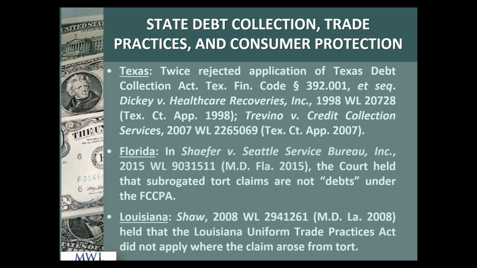In the subrogation industry, these states actually remain great. So in Texas, they have 2 decisions on this. In both of them, they looked at the exact same reasoning as in Hawthorne, and they said, no, we think this arose out of a tort. So we're not going to apply our own Debt Collection Practices Act. And if you look through those cases, I believe one of them or both of them were against tortfeasors. They actually went beyond Hawthorne's reasoning and said, even though this is not a claim against a third party, this still arose from a tort. And quite frankly, if Hamilton had been decided that way, there might not be a need for this webinar, but